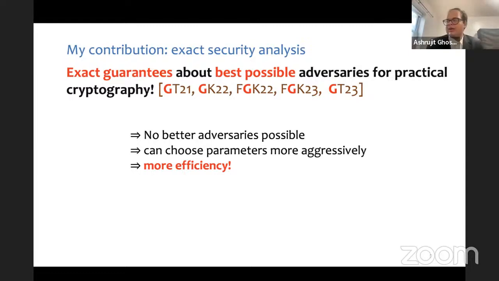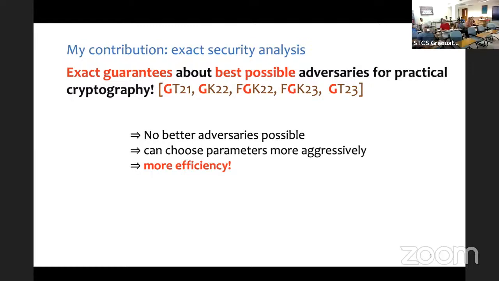So it's like what you would say a tight bound. For example, you prove a quantitative bound showing that no adversary can do better than some amount, given some amount of resources. No adversary can have a probability of breaking the cryptographic system beyond some function of the resources, and then you show a particular adversary that achieves that function. So it's tight in some sense.